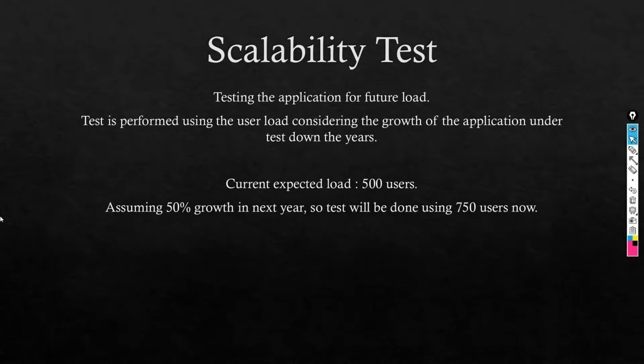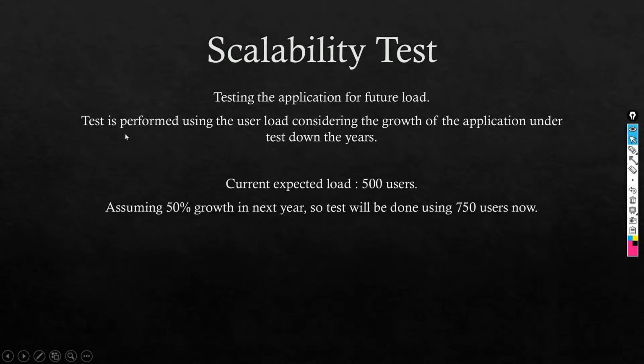That means the number of users that might access the application will increase from 100 to 200 in the next 1 year. So keeping that in mind, you test now with 200 users.